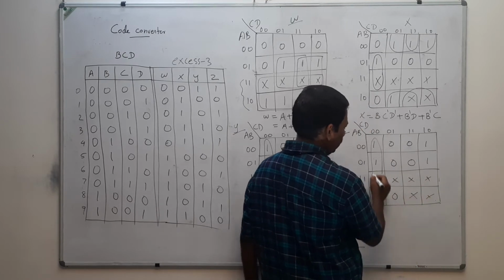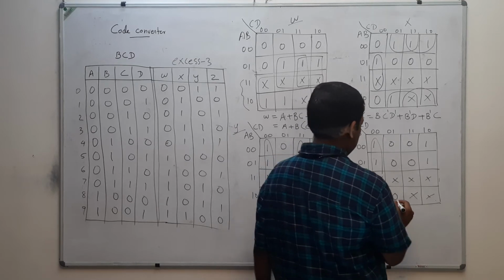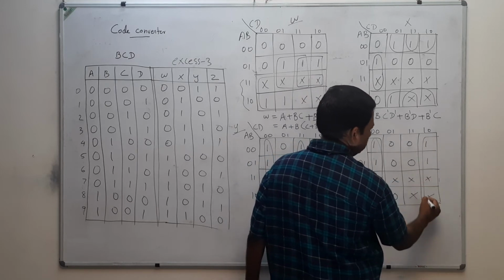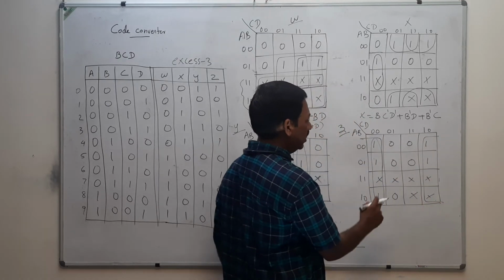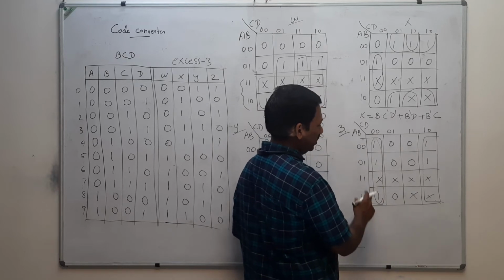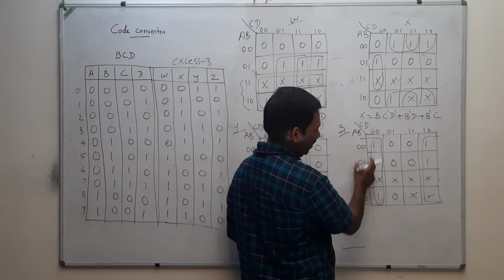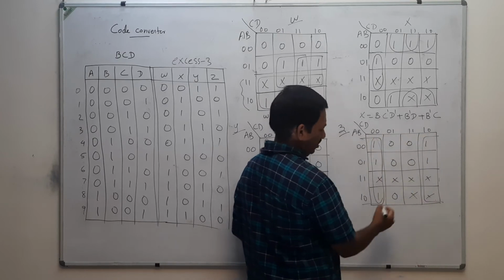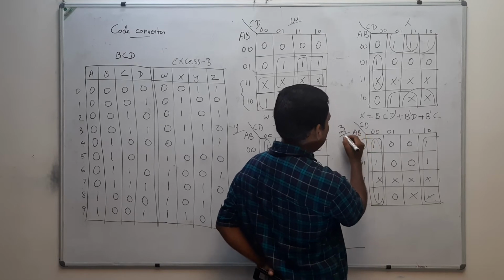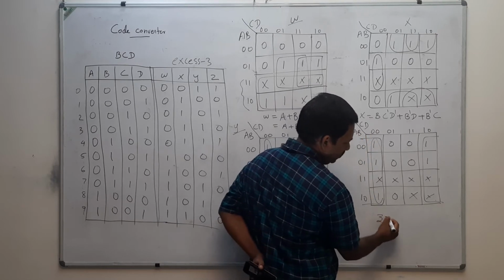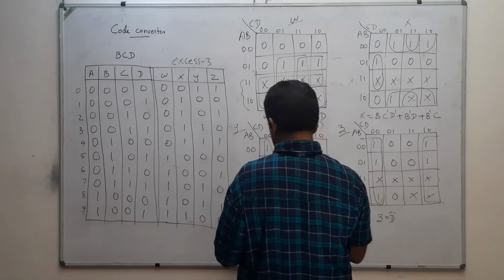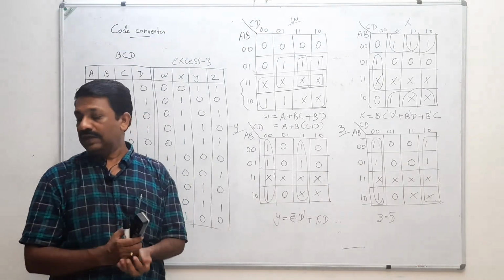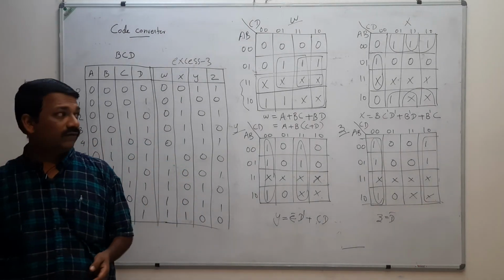Here we are going to have a group like this. No. Here we can have a group like this and this. Okay. Now we have only a single group. All of them are included there. Now AB all will go from 00 to 10. What remains is D bar. That means Z is equal to D bar. And now we can have a circuit diagram for this.